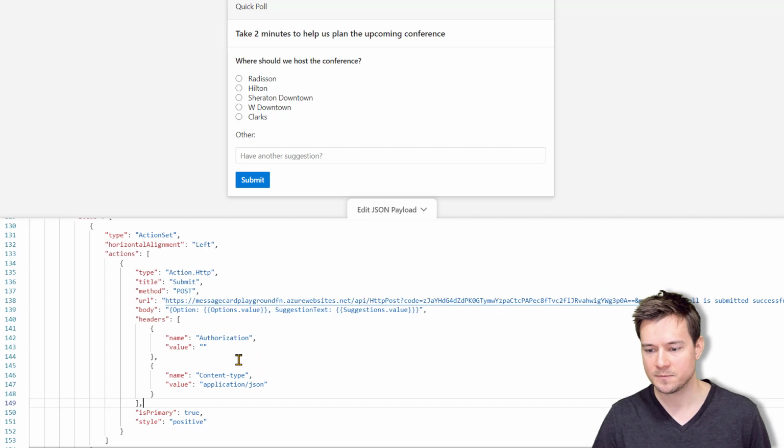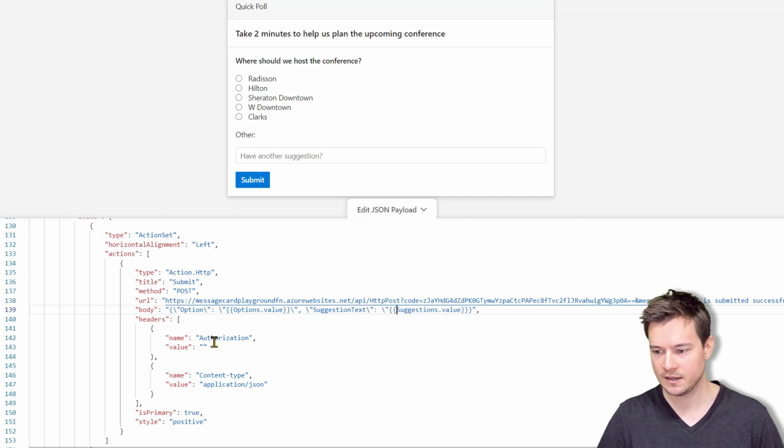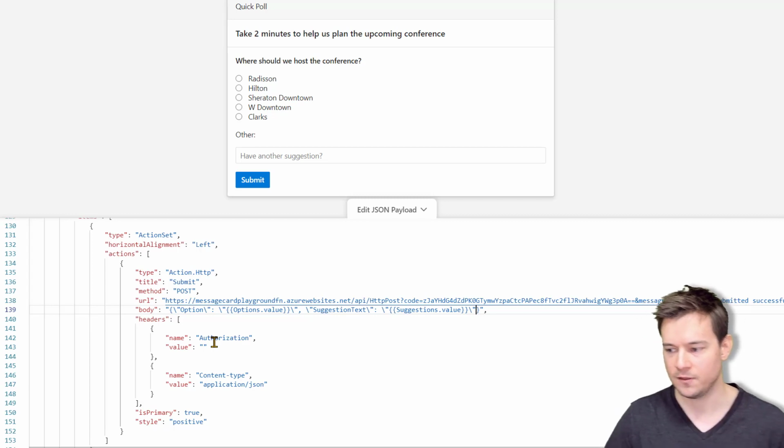Now the next thing that is important is that this body that we can see here, it does contain errors because it is not a valid JSON. So it has to have those escaped quotations. So I need to add them here. To make this whole JSON really valid and that it will work for the flow that is going to be